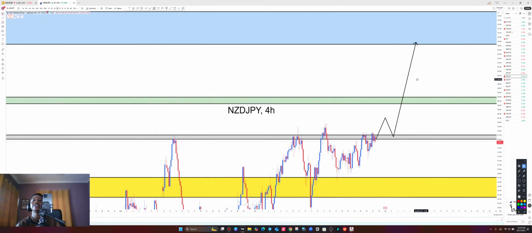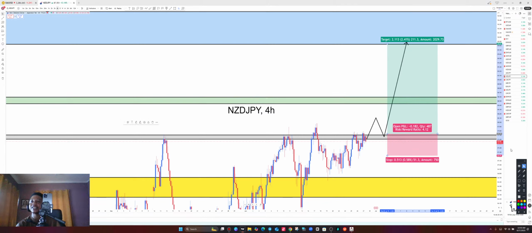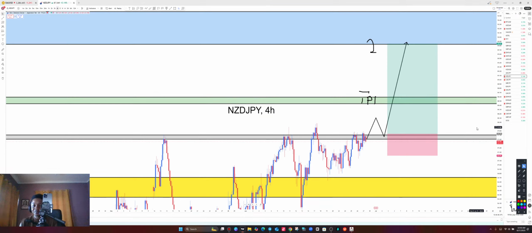So for NZD JPY, this will also be our full and complete technical analysis. TP1, if entry is found, will be at the daily resistance level. So we put TP1 here, and then we also put TP2 at the monthly resistance level. All right, simple as that. So that's also for NZD JPY. Let's go to the next pair.